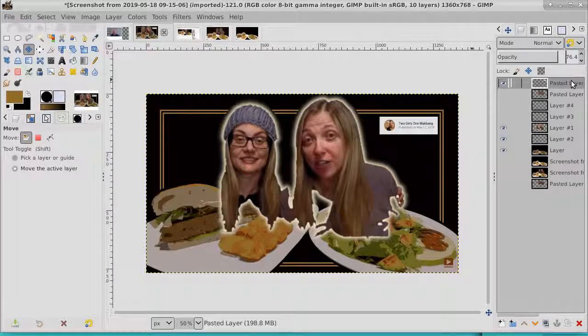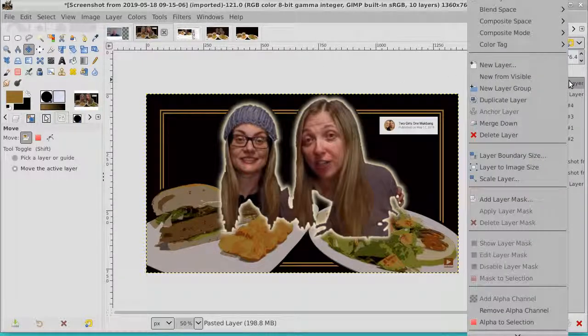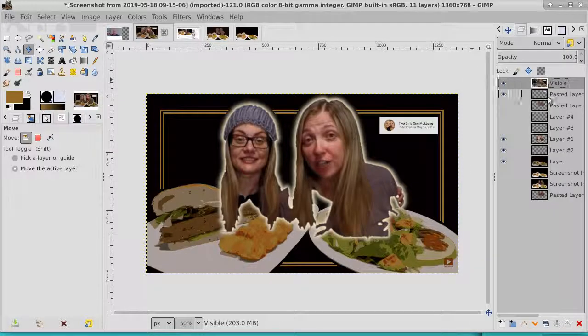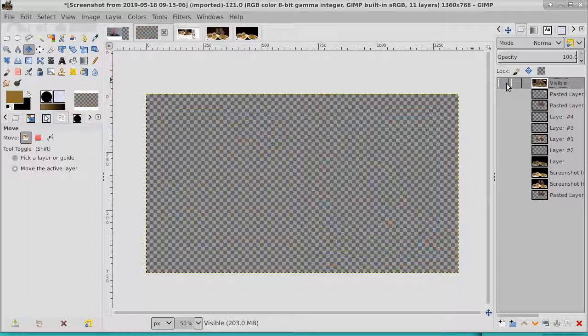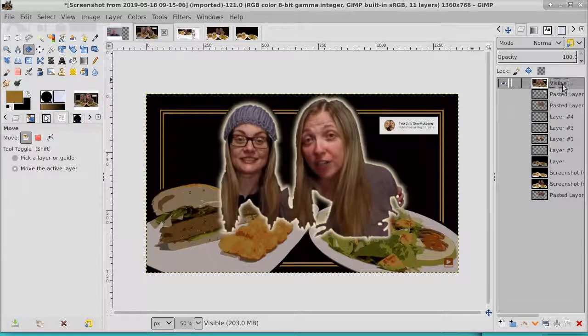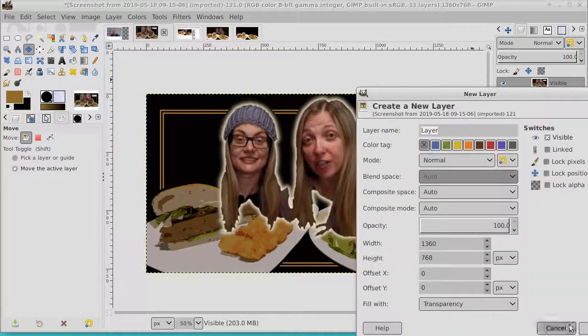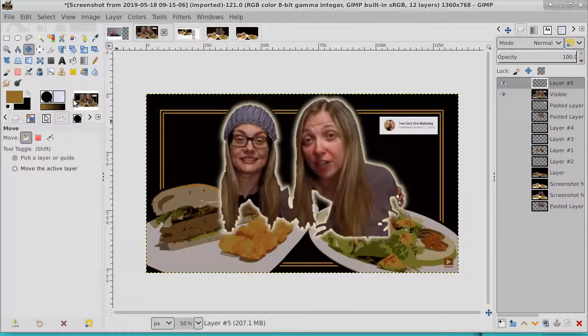Now I'll put some text on top of everything. I'll make this right here into a new from visible. That way I can turn all these off. Doesn't matter. It's all in one layer now. I joined them all together. And I can go on top of this then. And I can write. And we will write